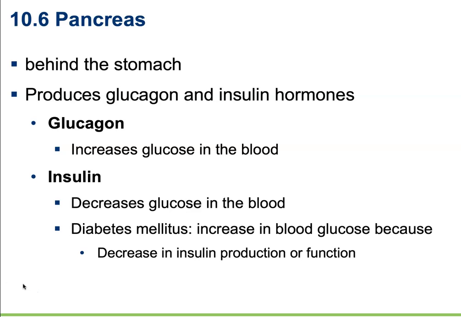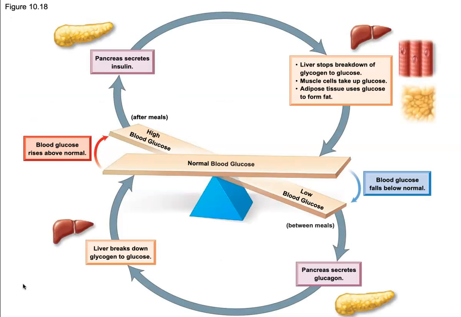Insulin is a protein hormone, and oftentimes there can be genetic disorders that cause that insulin to be misfolded, and so it cannot function properly if it does not have its correct three-dimensional conformation. Figure 10.18 is a really great diagram that shows the homeostatic balance of insulin and glucagon. So if the blood sugar levels go up too high, typically right after you eat,